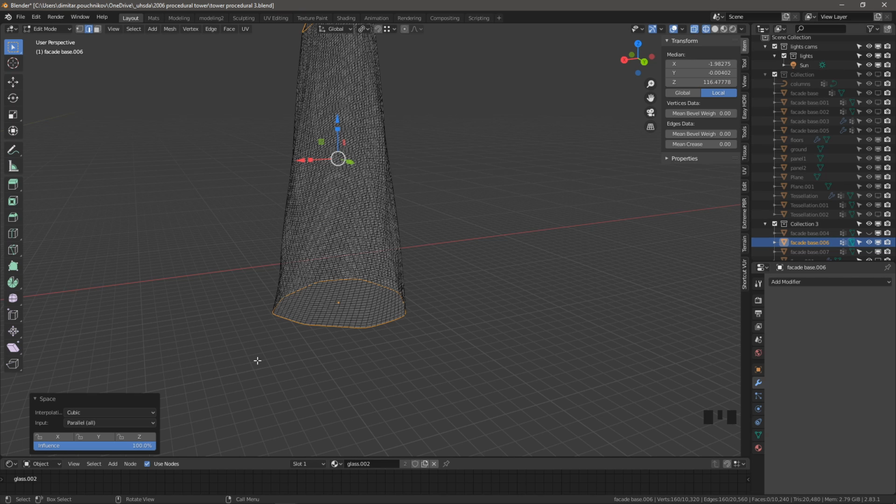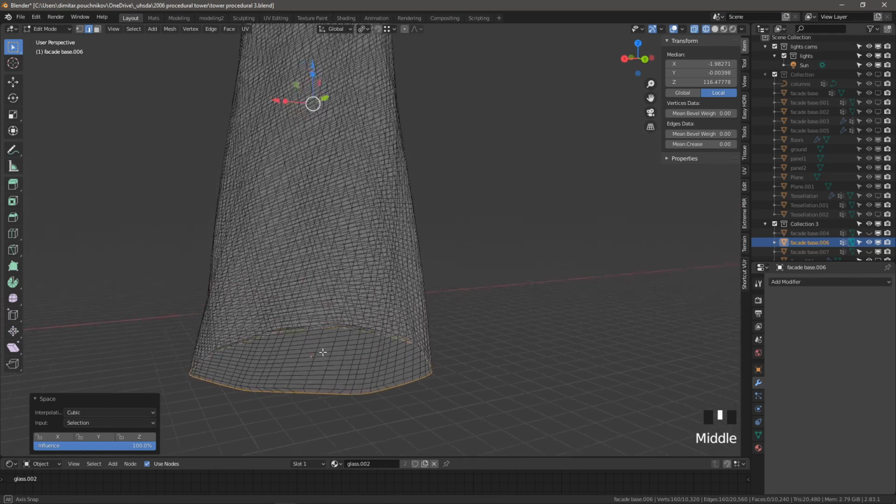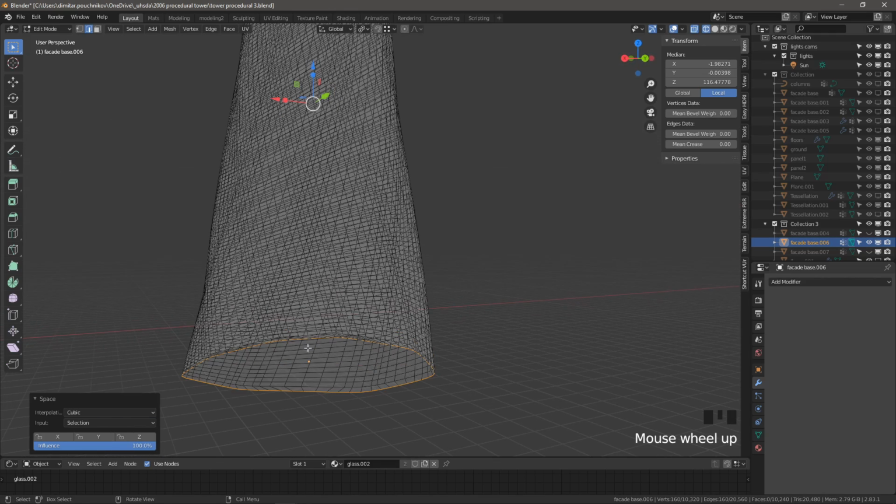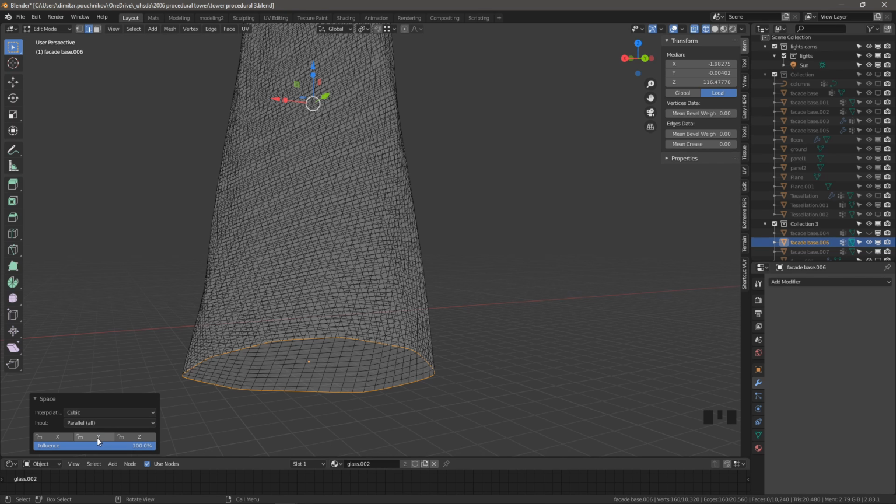And there's two ways that it can work. If it's based on the selection, it only spaces the ones that we have adjusted. But if we do parallel to all, it does its magic through the whole set of vertices. It takes a bit of time to compute, but once it's done, it's really nice and much easier than what I was doing in the previous video, which was trying to erase some loops and do this effect